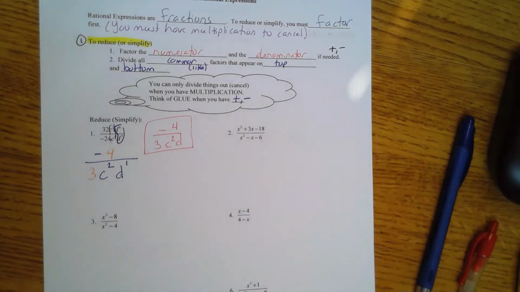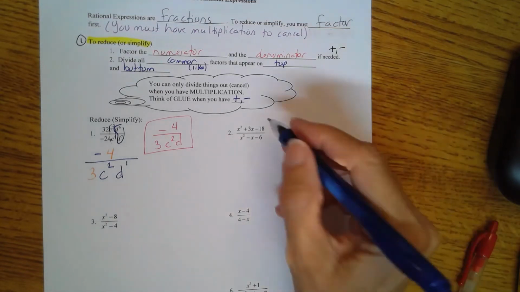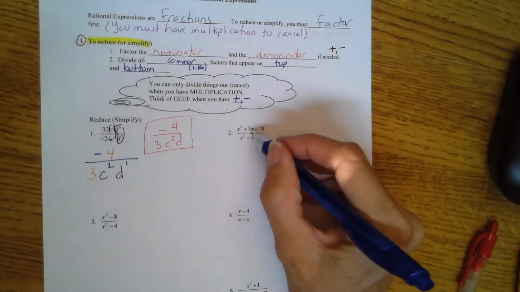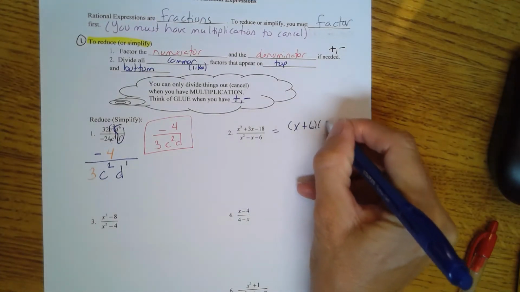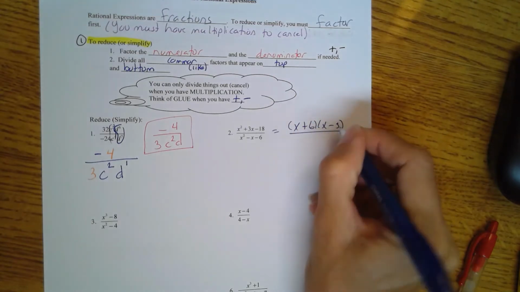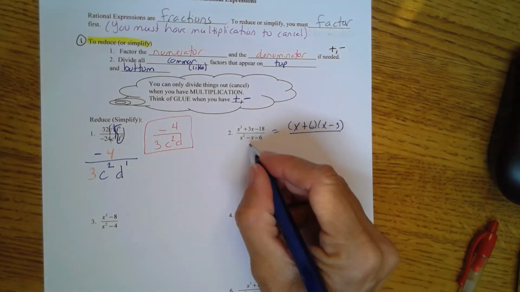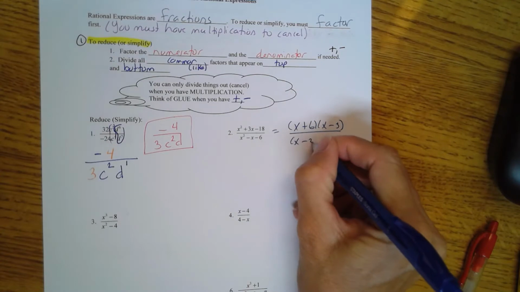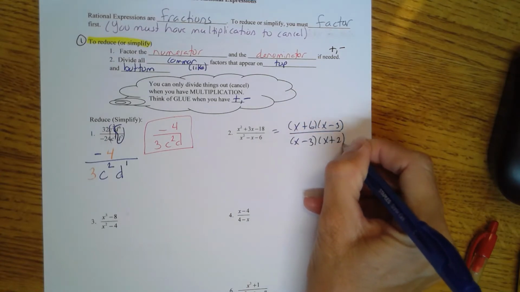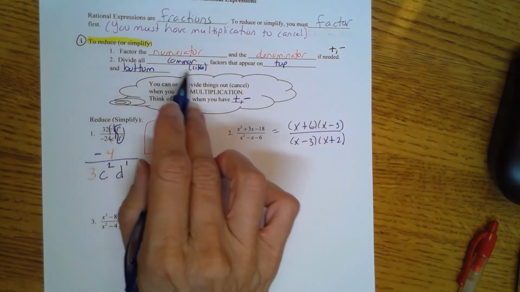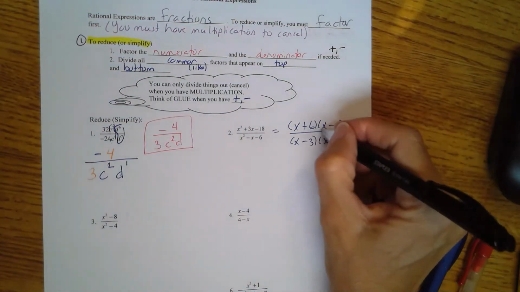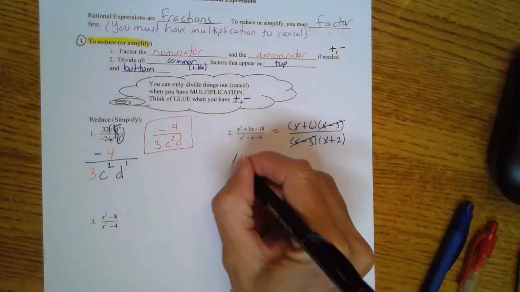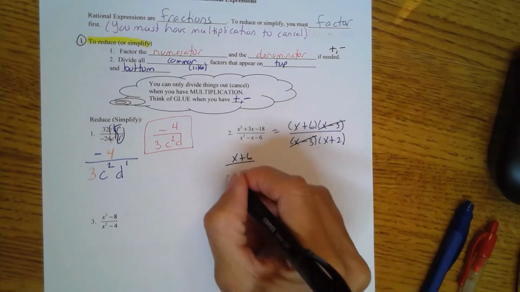So we're going to need to still know how to factor very well. This is your C method. Factors of negative 18 that add up to a positive 3 would be x plus 6 and x minus 3. And factors of negative 6 that add up to negative 1 would be x minus 3 and x plus 2. Then we're going to divide all common factors that appear on top and bottom. So we're going to divide out the x minus 3's, and we're left with x plus 6 all over x